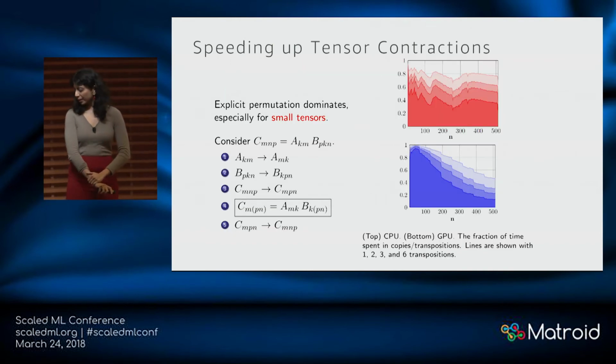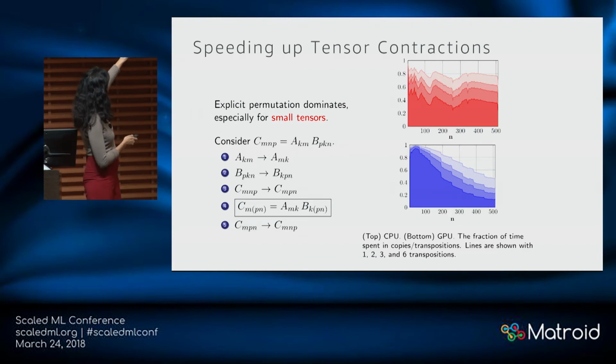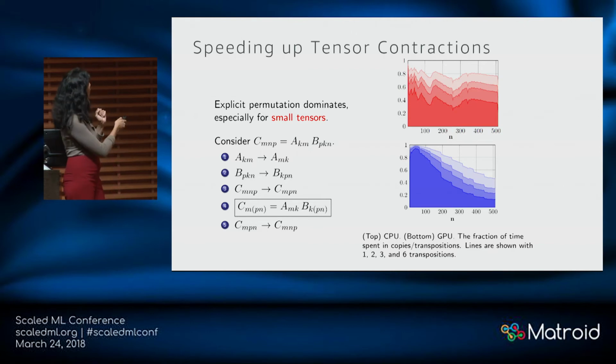So you can always turn this tensor contraction. If you're only contracting the tensor in one of the dimensions, it's still a linear operation. So with sufficient manipulation, you can in fact represent it as a matrix product. In this example, B is the tensor, A is the matrix. B is the third order, A is the second order. And we want to multiply this first dimension of A with the second dimension of B. So if you just rearrange it appropriately in this way, and you combine these two dimensions together, that is, make this into a matrix, you can do this as a matrix multiplication.